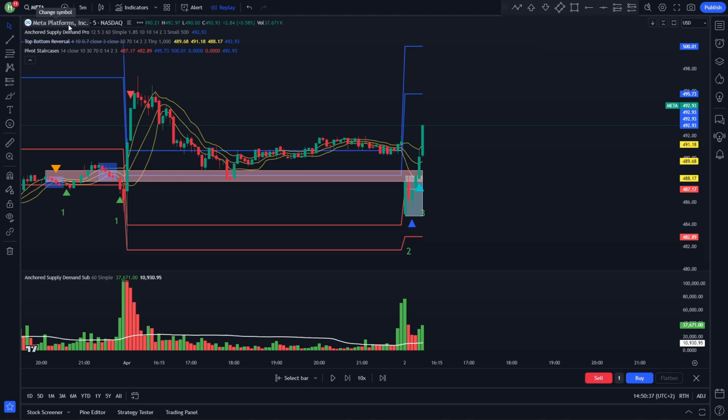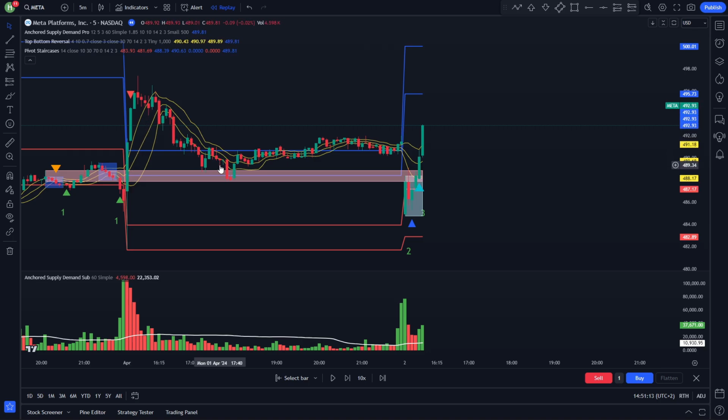For this example, I've selected Meta Platforms, ticker symbol META, in the 5-minute time frame. When trading on the lower time frames, you will often receive multiple signals in a single trading session. And this is exactly why it's important that you follow the steps that we've outlined in this video guide. From the chart, we can see that we received 2 buy alerts from the top bottom reversal indicator, showing a potential end of the downtrend and a shift in